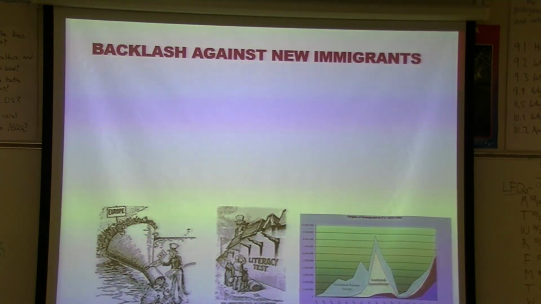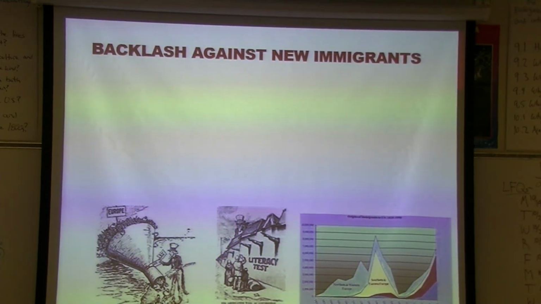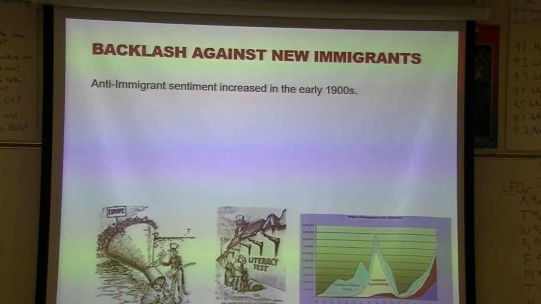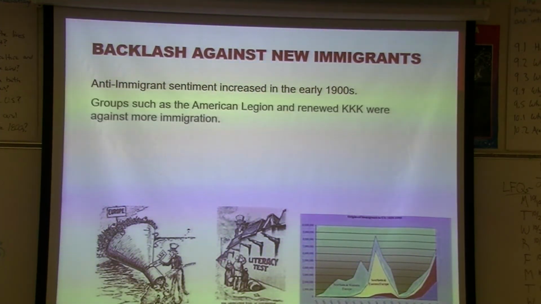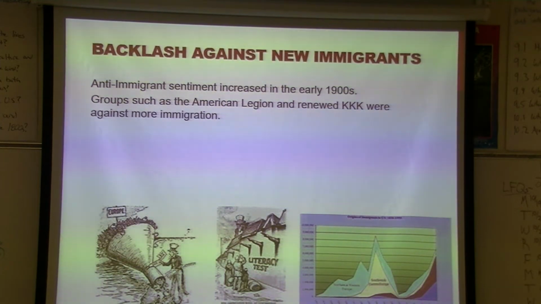All right, this backlash against the immigrants is kind of a segue to something we'll have later on in the 1920s, but where we had those anti-immigration leagues that were started and restriction leagues in there, that's going to keep growing during the early 1900s. We're going to have groups, some of them that are seen in a positive stance, some of them that are negative, that are going to keep growing, like the American Legion,